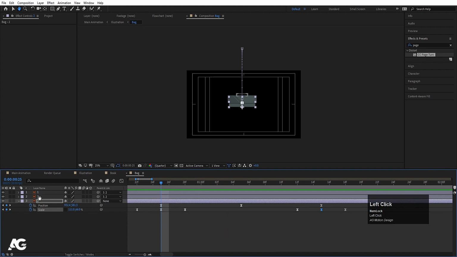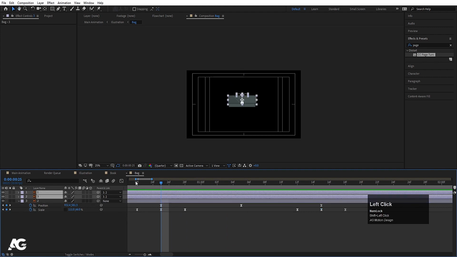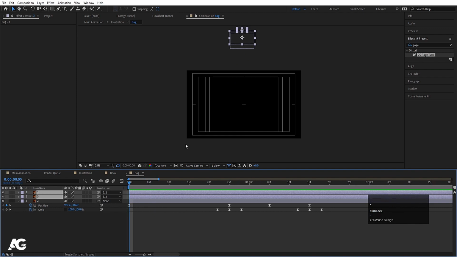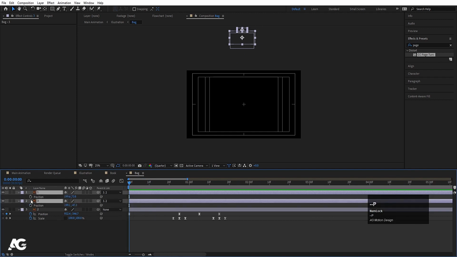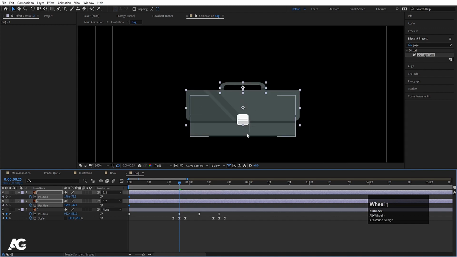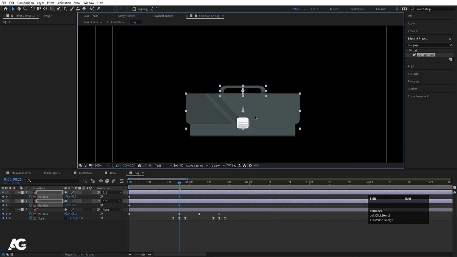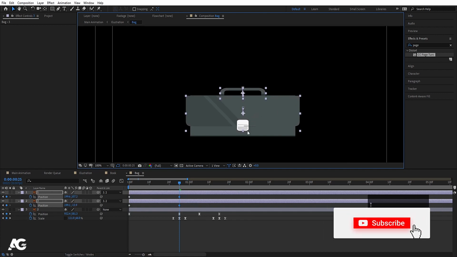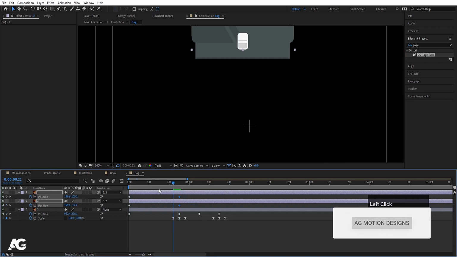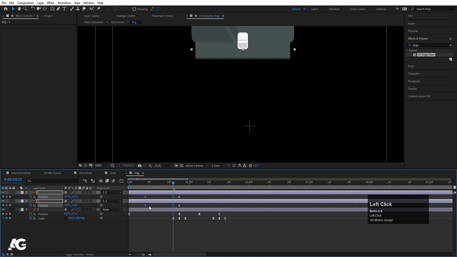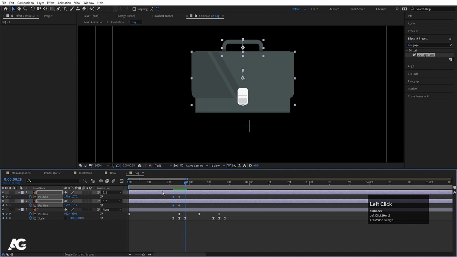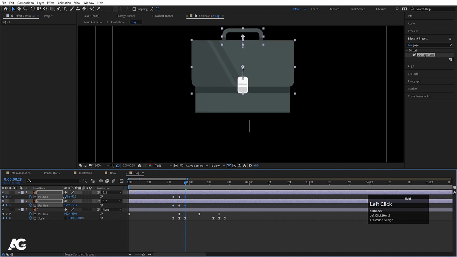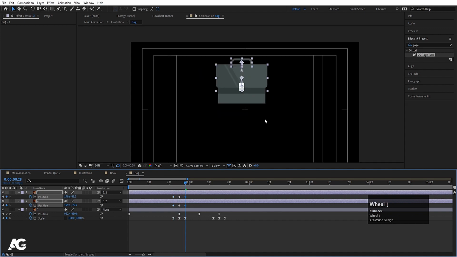Now we will select these two things, and now we need to animate the position of these ones. So press P for position, create one keyframe, go over here, and at this point I'm gonna bring this downwards a little bit, not too much, but this much only, and let's move this keyframe over here. I want this to start moving from here. Then at this point I am gonna move them totally upward like this,